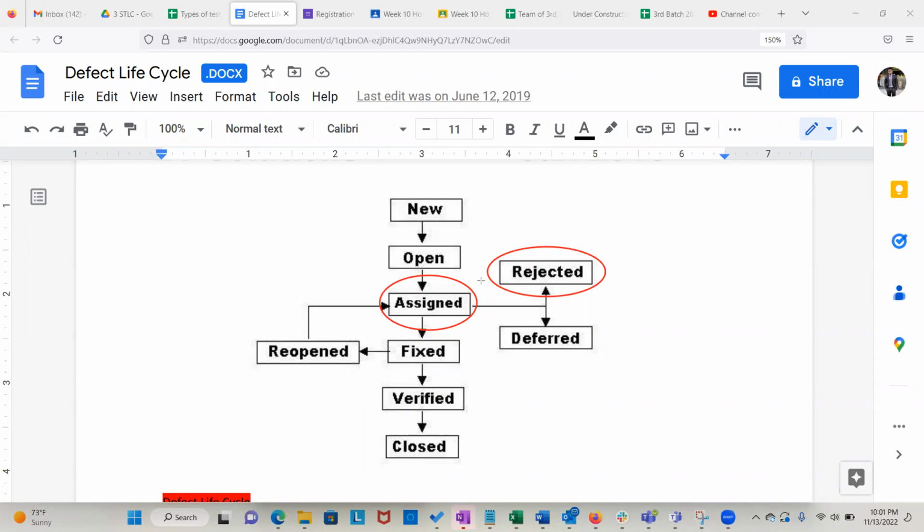And another reason they could reject it is if you're logging a duplicate bug. So let's say you have more than one QA person in your project. So if 2 of you log the same bug, they could reject it and say, hey, this bug is a duplicate. So if this bug is a duplicate and they're rejecting, it's no question asked, right? You're going to be like, okay, I see. That's fine. Let's close it. Done. But in the case when they're rejecting it and saying it's not a bug and you think it's a bug, that's a problem. That is a problem. And how do we solve this?